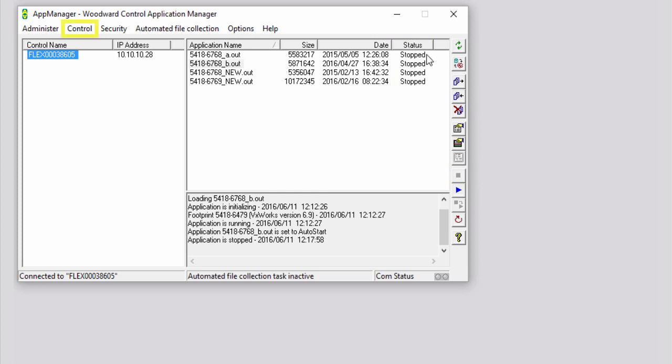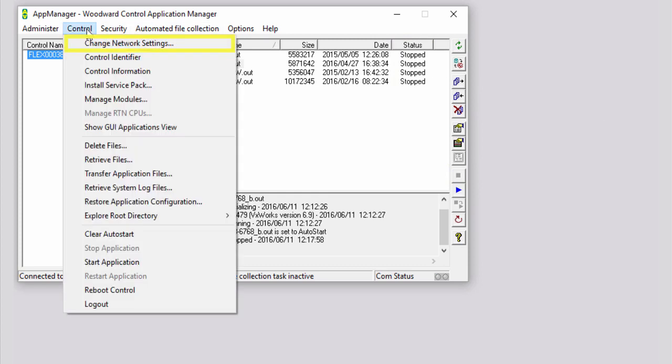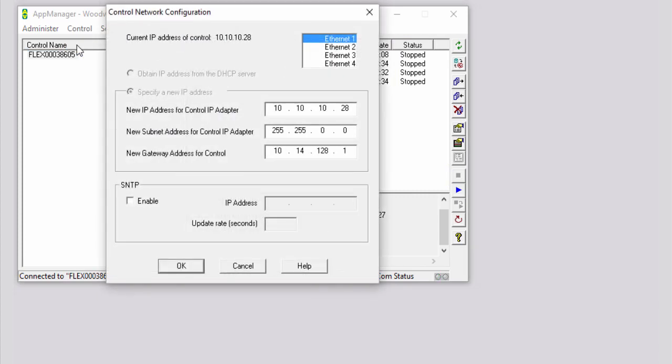Click Control on the menu bar. Select the Change Network Settings option. In the Control Network Configuration dialog box that opens, in the current IP address of control box, select the Ethernet port you would like to configure. If necessary, select the Specify a New IP Address radio button. Complete the following boxes: New IP address for Control IP adapter, New subnet address for Control IP adapter, and New